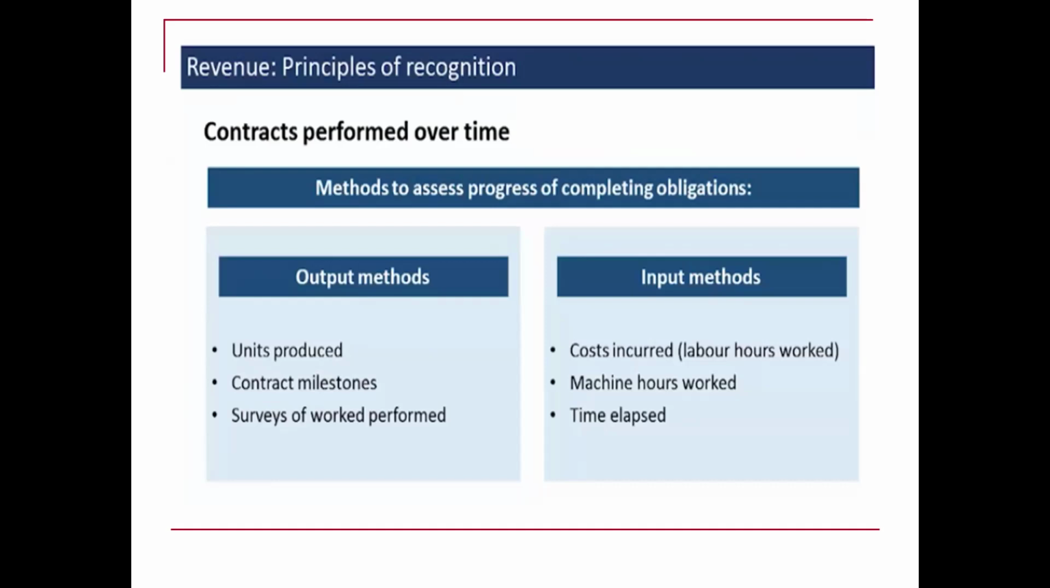So if we have incurred 50,000 to date, it may then mean we are halfway through the project, considering that we're estimating that we're going to be spending 100,000 in total to finish the project. Machine hours, basically, we are saying if we are able to estimate the total machine hours that